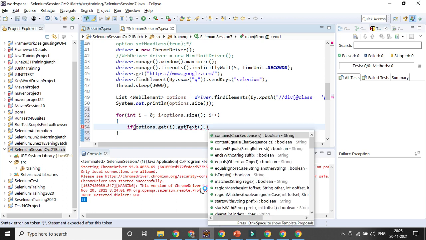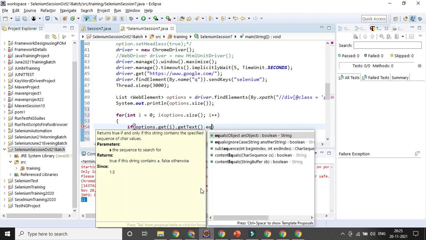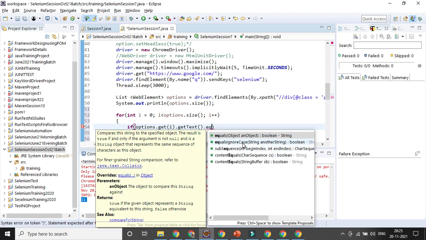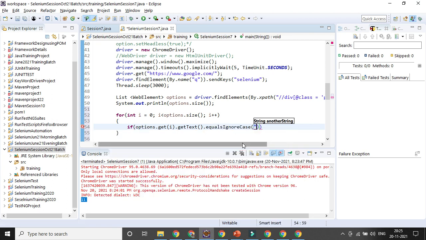I want to just ignore the capital or smaller case, equalsIgnoreCase, which is equal to Selenium download, or maybe Selenium anything. I want to just click on that option, Selenium download.